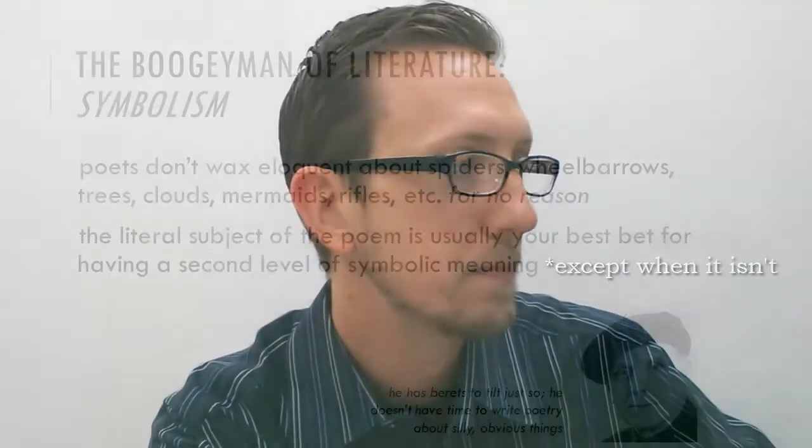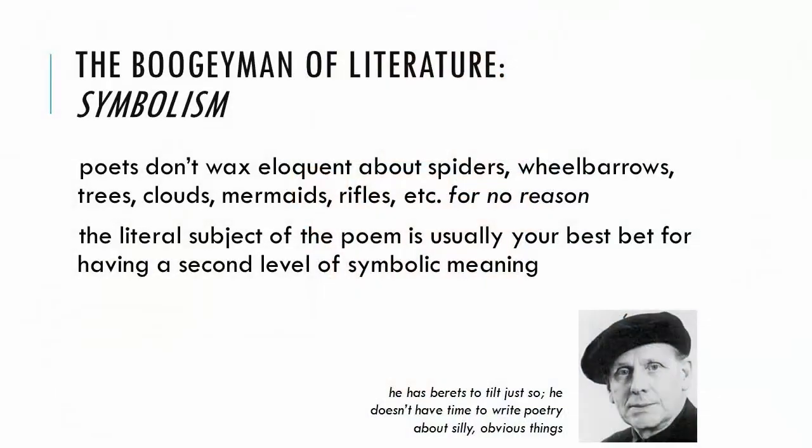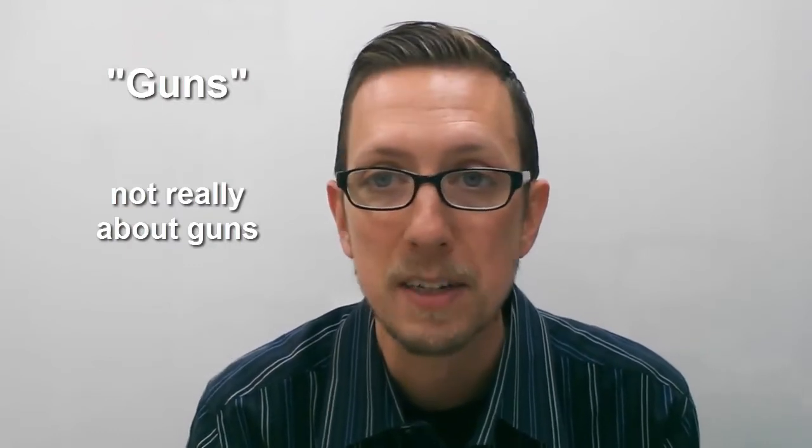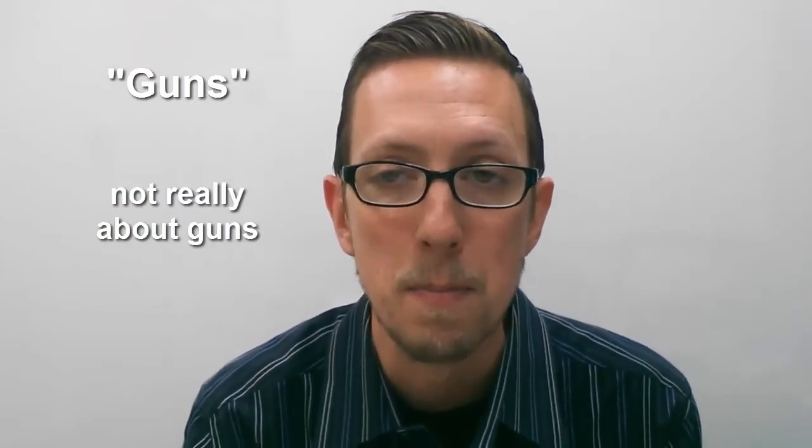So when is it a symbol? It's always a symbol. We need to assume that poets don't have time to wax eloquent about spiders and wheelbarrows and trees and clouds and mermaids and rifles simply for no reason. The literal subject of the poem, and often the title of the poem itself, are usually your best avenue for exploring symbolic meaning. A poem called Guns may be about those guns to some extent, but it's also about what those guns mean, and probably takes us into a discussion of masculinity and violence, warfare and power,